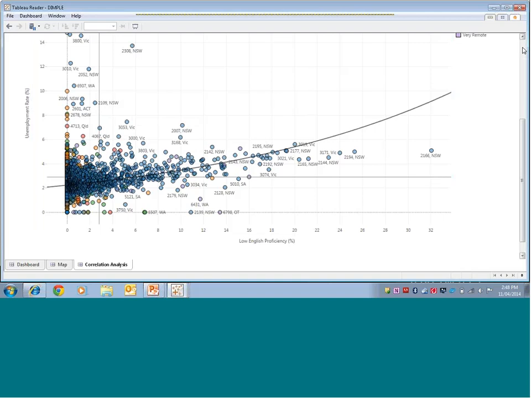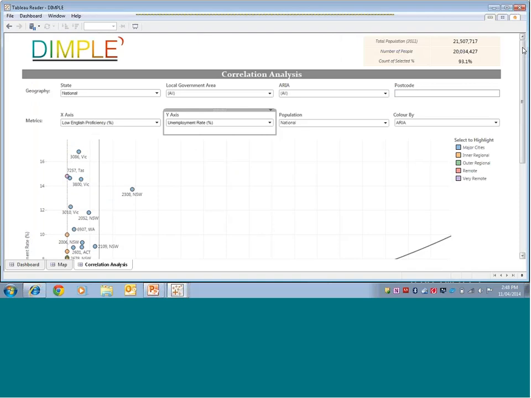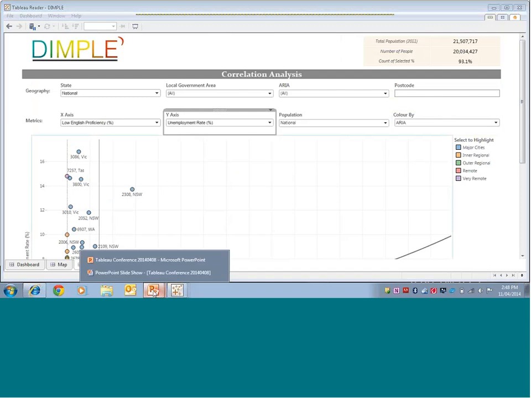So DIMPLE is a tool centered around the Australian population. It's publicly available information, but we've created a Tableau cube around it. We license that to clients if they're interested, and for many clients that we've licensed it, we provide the mechanisms where they can analyze the Australian population and incorporate that data into their analysis, should they wish. So I'm just going to return to the presentation.